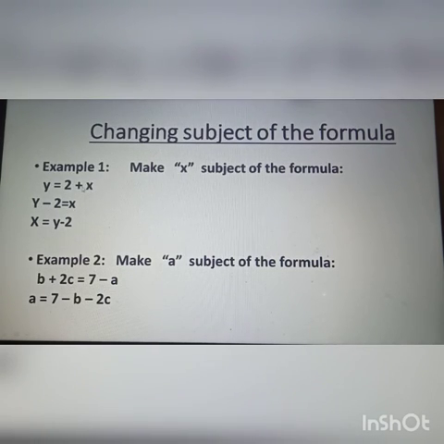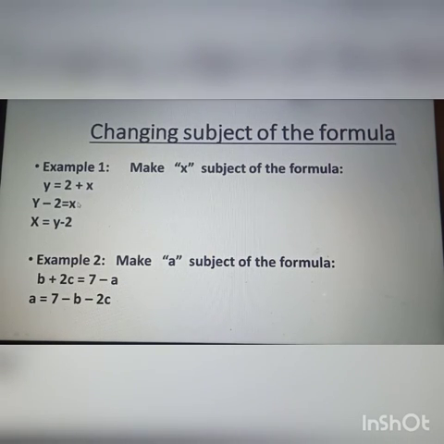So if you see, x is there with the positive sign. This could be done in different ways, but here the way it is being shown, keep positive x on the right hand side, and whatever is written along with it, take it to the other side. And here you can see the sign for 2 is a positive sign. When there is no sign, there is a positive sign, and when you take this positive 2 to the left hand side, it will become negative 2. So in this example, y is on the left hand side, we are taking 2 to the left hand side, and it will become y minus 2 is equal to x.